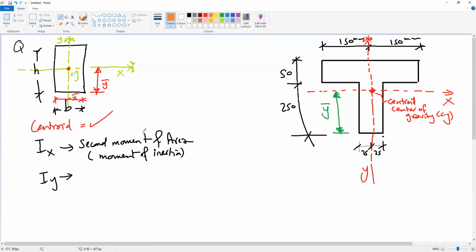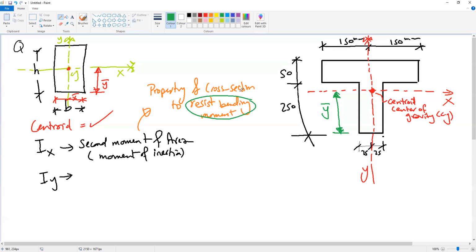This means that it is the property of a cross section responsible for resisting bending moment. Okay, so this is one of the cross section properties which is responsible for resisting the bending moment applied